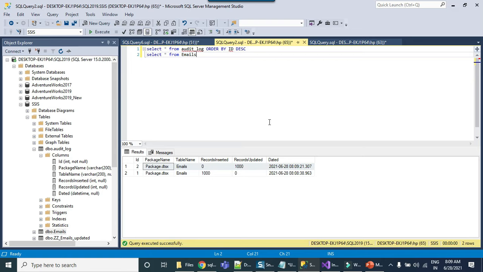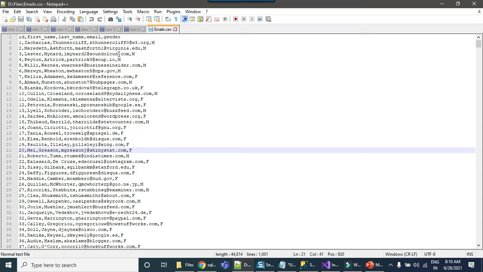However, what we want is that it should not update all 1000 records, but it should update only the records which actually changed. So if I modify a record in the flat file source, if there is a change, only that particular record should be updated, not all records. Okay, so to make that particular change, what we will need to do is open the CSV file. If you see, we have ID, first name, last name, email and gender. Normally first name won't change for a particular person, and even the gender won't change.